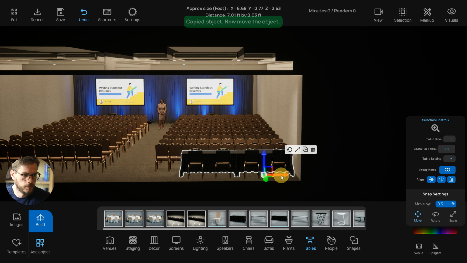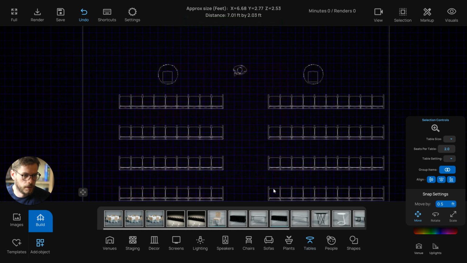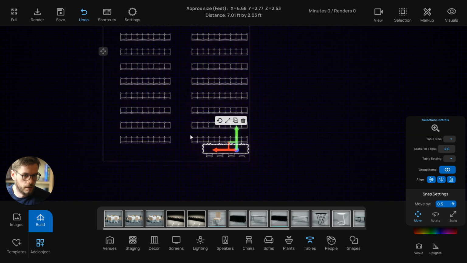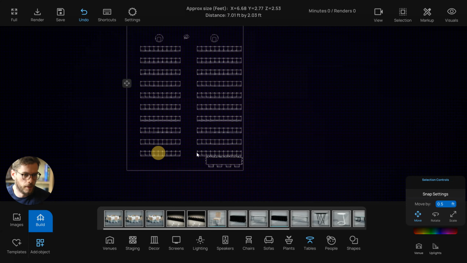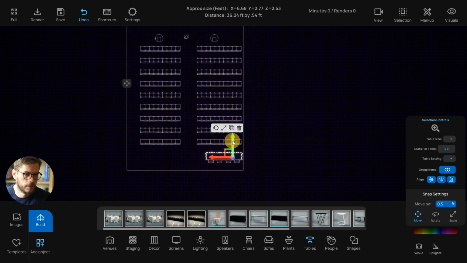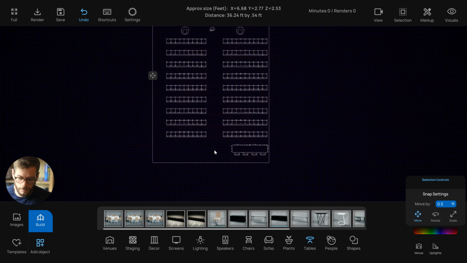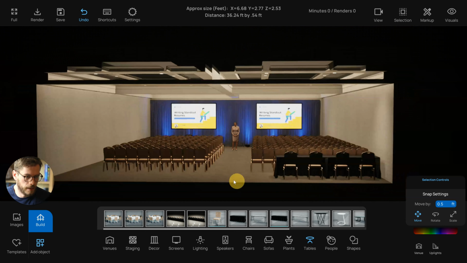So now we have 2 6-foot tables, and if I go to the top view here, it looks like we'll probably need to lose this last row of seating here. Something like this. And all right, now we're looking pretty close here. So last thing, again,